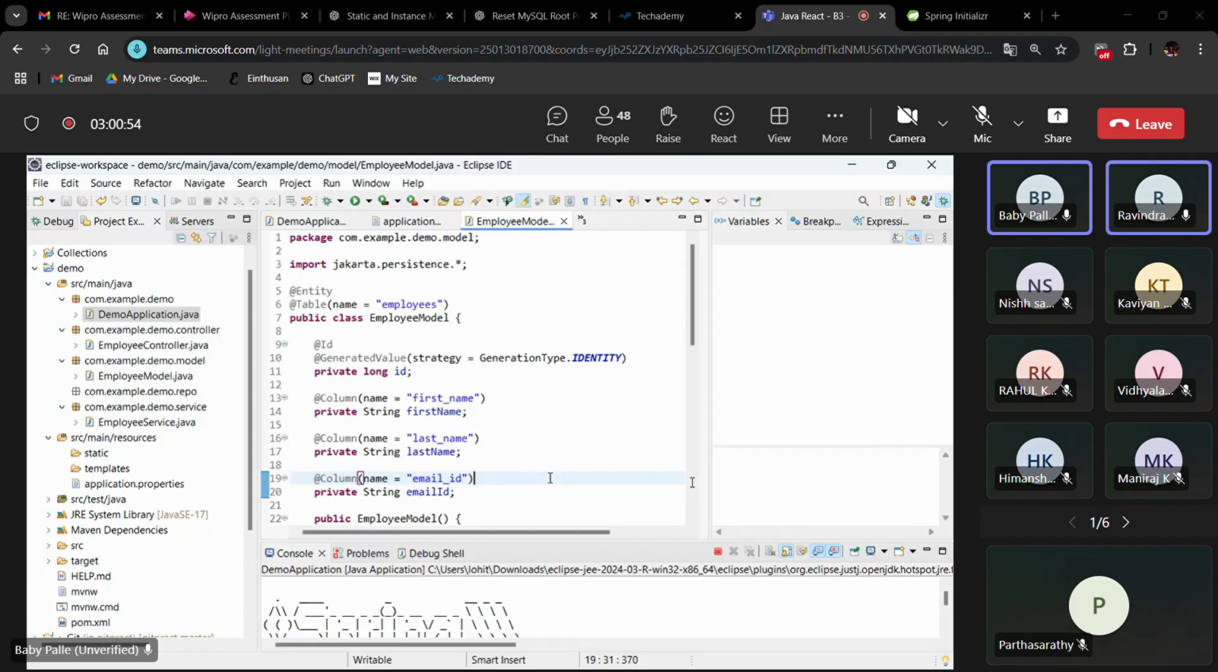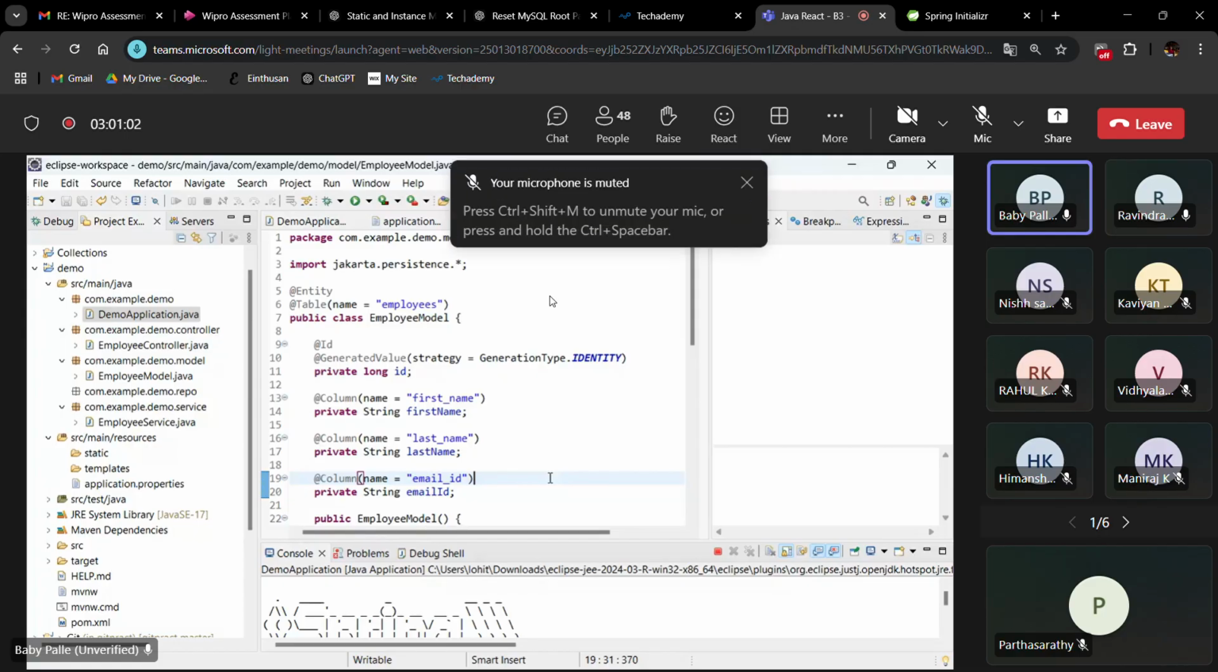The entity is an annotation. Entity is the annotation. To make this class an entity, you have to use the entity annotation. So in Spring, in the controller class,